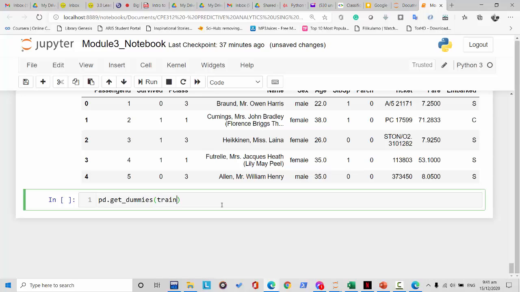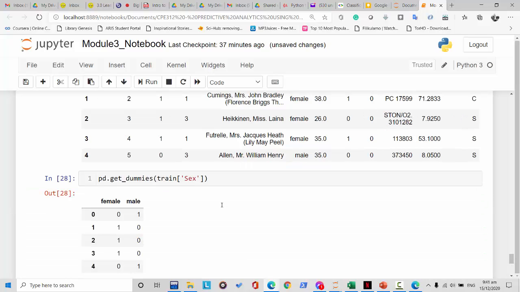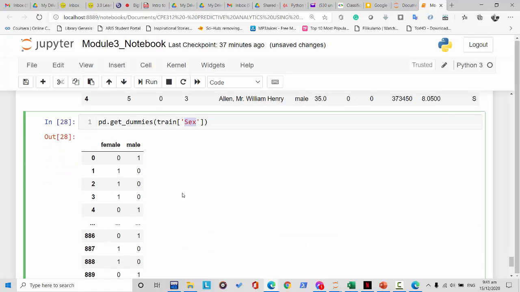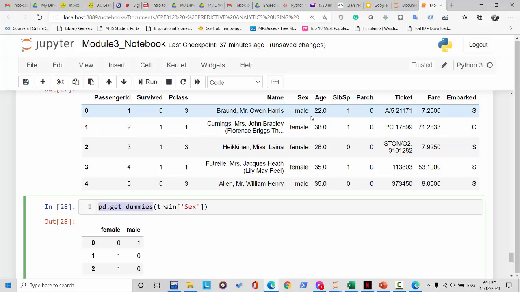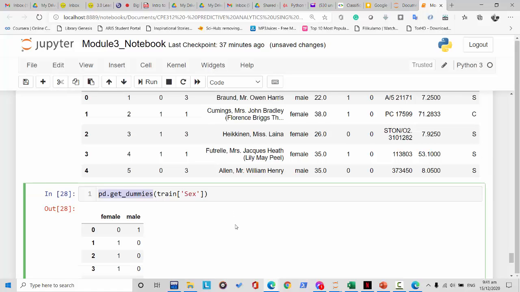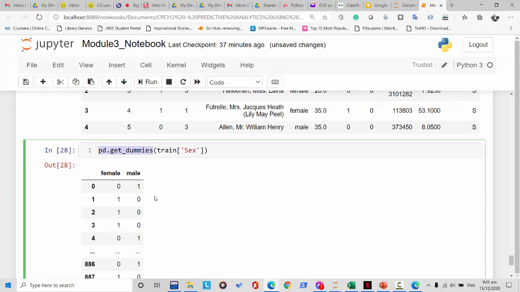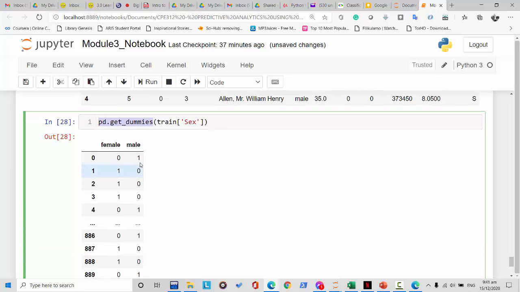wherein we will use the column sex. Executing this, we'll have some information about the column sex, where the female is equal to 0 and the male is equal to 1. So when we use this, the values for male or female are converted into binary, either 0 or 1. But we will not implement this in our machine learning model, because